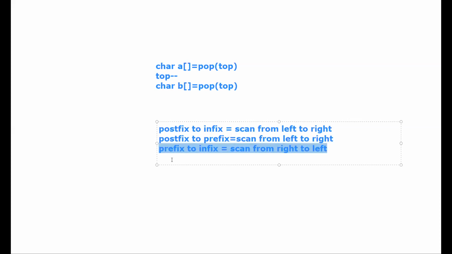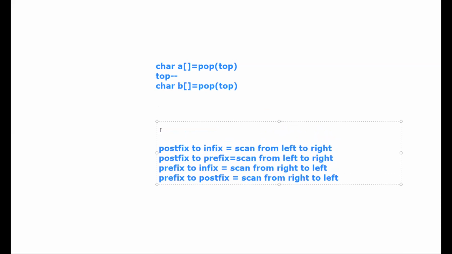These are the earlier types I have seen. First, infix to postfix, you scan from left to right.